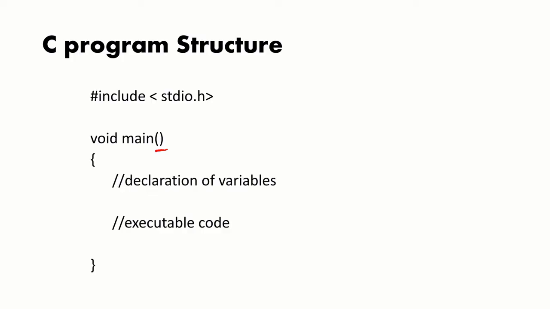So for example, if you want to print hello, you can write it as void main. Here you have to note down opening and closing parenthesis, there is no semicolon. Here I will just open a brace. If I have any variables, say int a comma b, I can just write int a, b. All the variables should be declared immediately after this opening curly brace. That should be followed by the executable code.